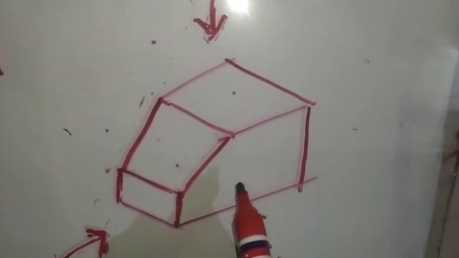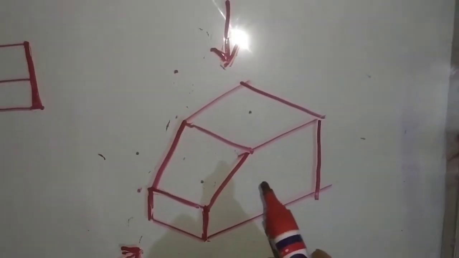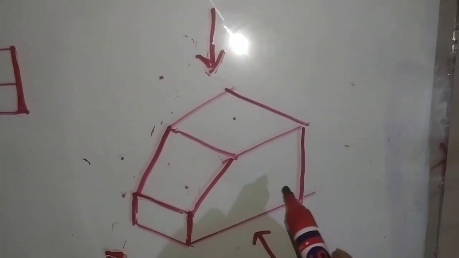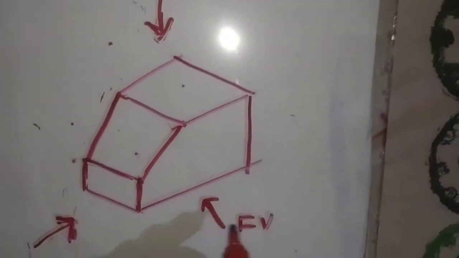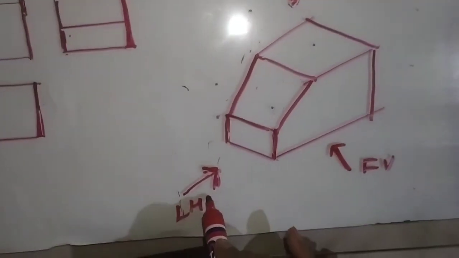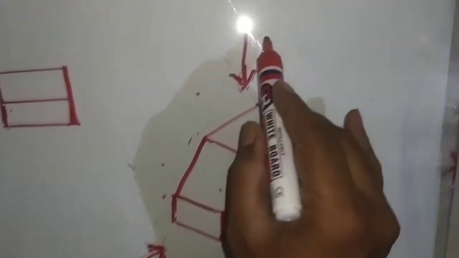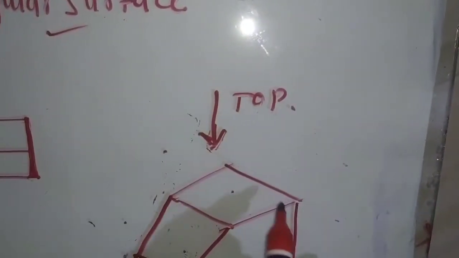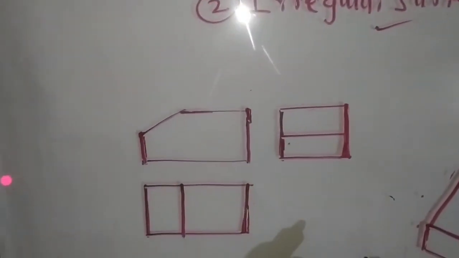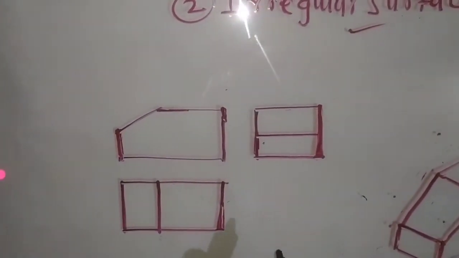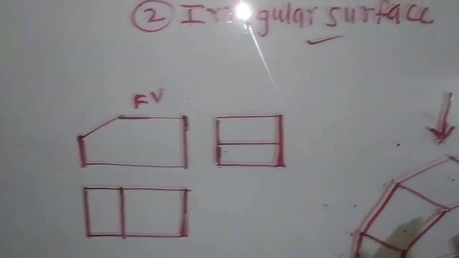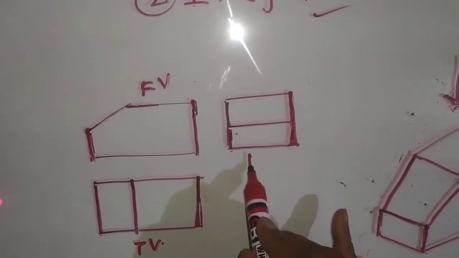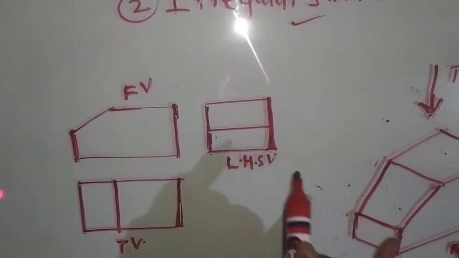Here I have drawn the three-dimensional figure, the pictorial view they have given, and looking in this direction I have drawn the front view. This is the left hand side view and this is the top view. Here I have drawn the orthographic projection of this view. Now if you observe clearly, this is the front view. Looking in S direction I have taken the front view. This is the top view. And this is the left hand side view of the object.